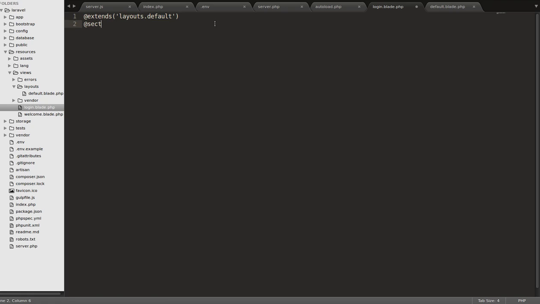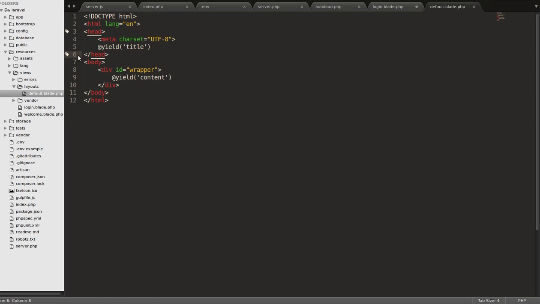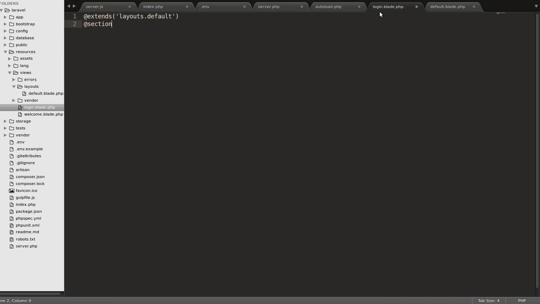So now we can define the two sections that we have outputted here, so title and then content. So to define a section, use the @section and then title. Then here will be the title of the page, so login page, and then @stop to end the section. And then the other section will be the main content, so @stop